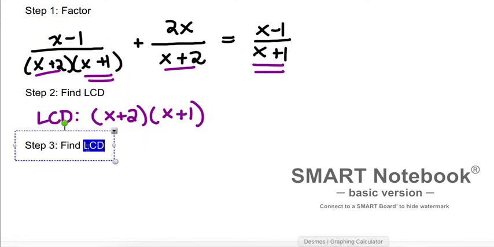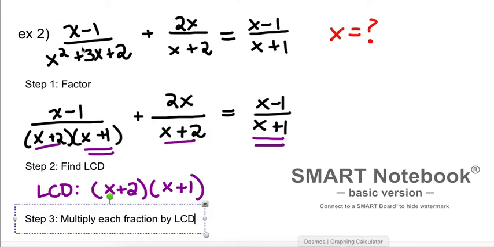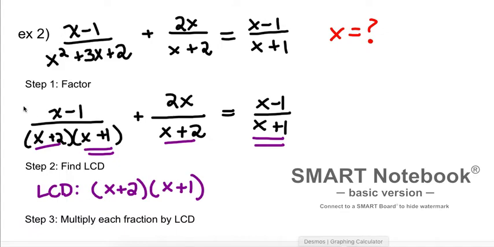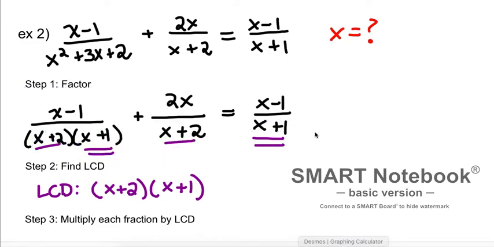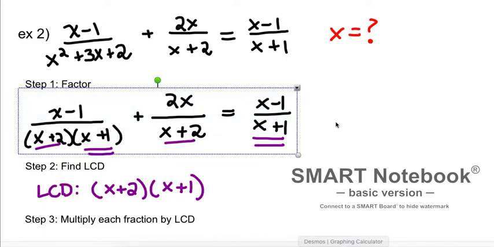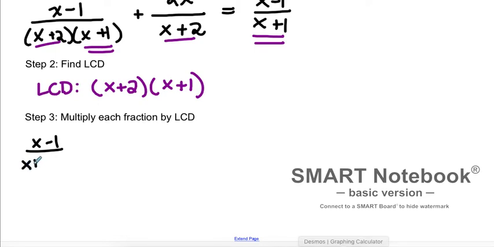Step 3 is to multiply each fraction by the LCD. Let's bring our factored form back. I'll just write it. So again, here's what I'm going to do, guys. I'm going to leave space between each fraction. So x minus 1 over x plus 2,